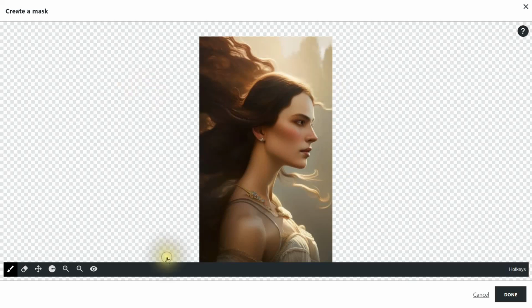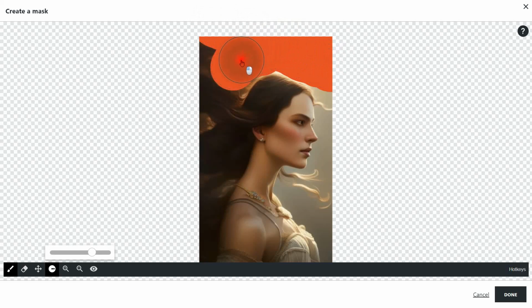Now that brush can be changed in size depending on how much area you want to cover with it. So here I am. I'm going to color up the area there of the sky, and I think I'm going to have an ocean behind her, so I'm going to color in all this area, and anything in this reddish orange color will now be the new prompt there.